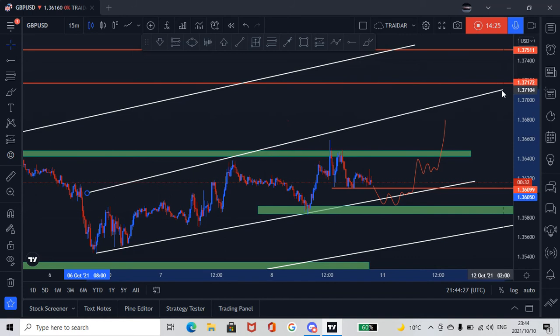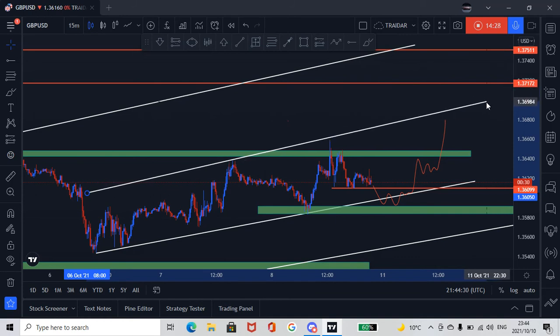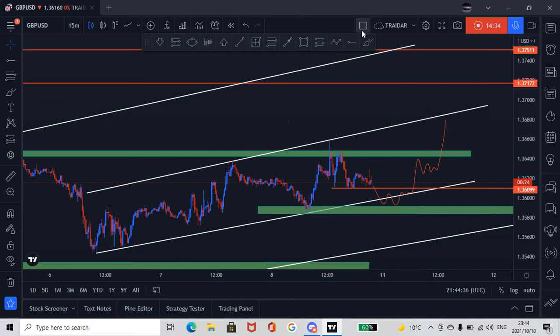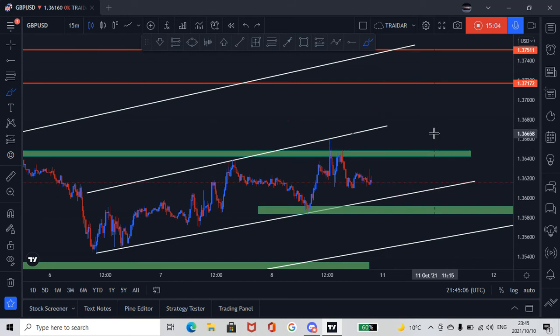So let me switch this one to make sure that it's landing the way I want it to land. Okay, this one can come all the way to here. It can give us a touch exactly right here, before it can actually shoot all the way to the upside. That's all right. Let's move on to our last and final pair,